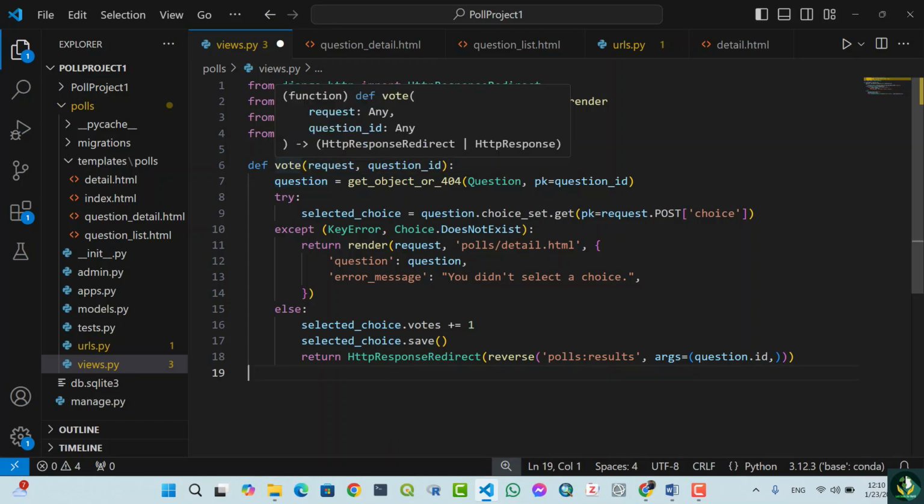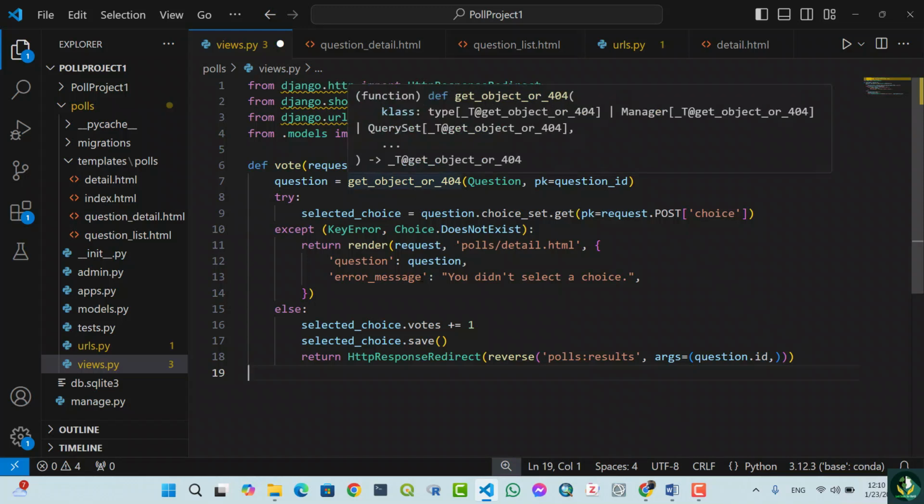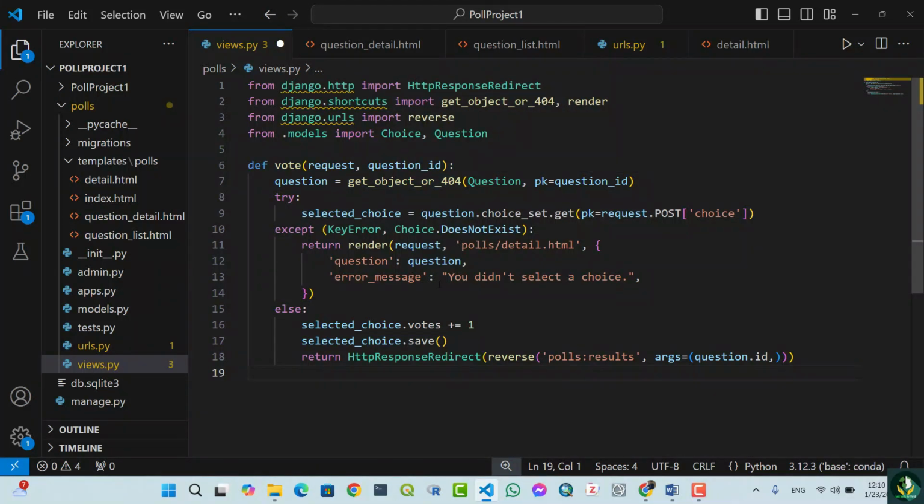Then defining the function vote(request, question_id): question equals get_object_or_404(Question, pk=question_id), try: selected_choice equals question.choice_set.get(pk=request.POST['choice'])